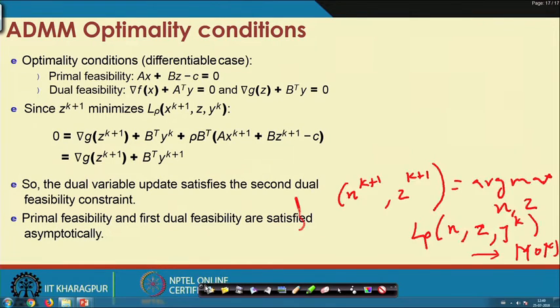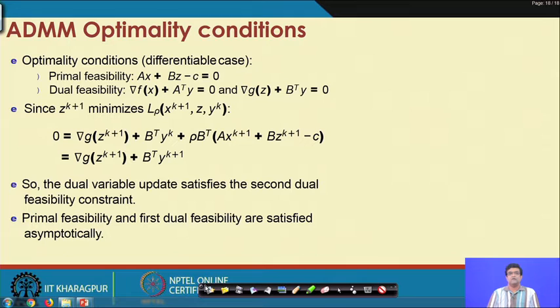Now, why does this basically work? First, some simple things: for a given solution to be optimal, there are optimality conditions.